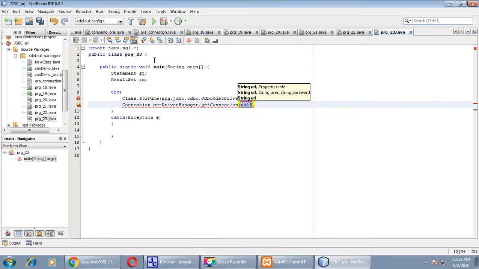Now provide the URL of MySQL, that is jdbc:odbc: and the name of DSN, that is SQL_DSN. Don't forget to put the semicolon at the end of line.